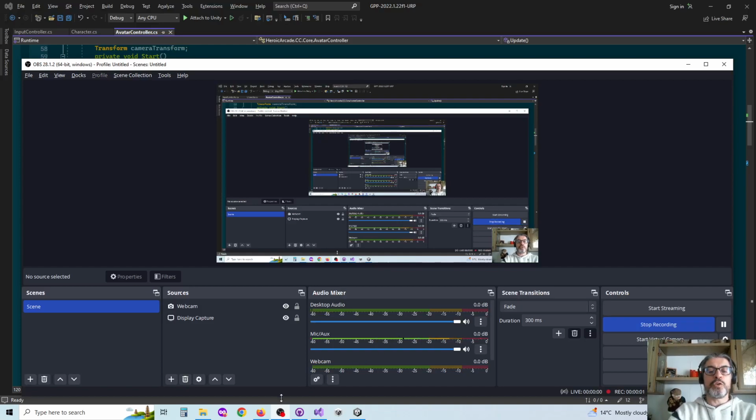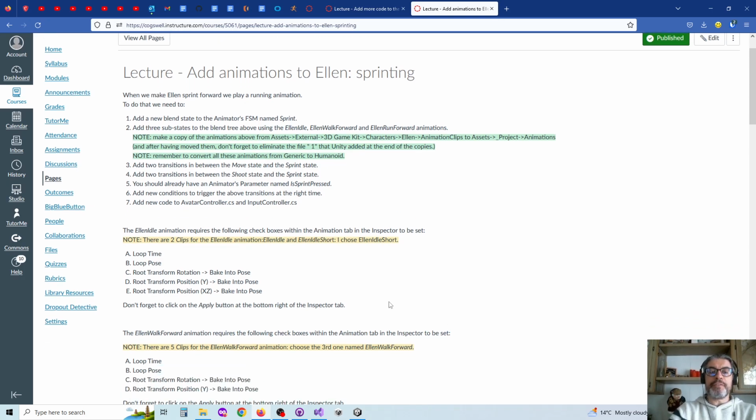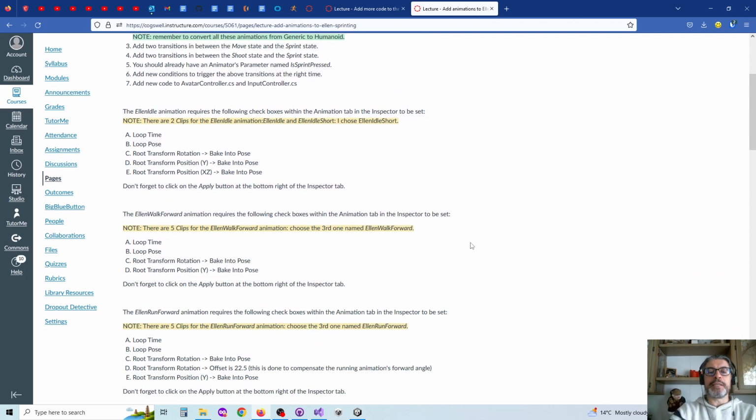Hi, today we are going to talk about this. Add animation to Ellen sprinting. So far we have participated adding this acceleration. It is not very difficult, in particular after what we have already done. But for completeness, I'm going to add this page, and I have verified, followed it step by step, that it